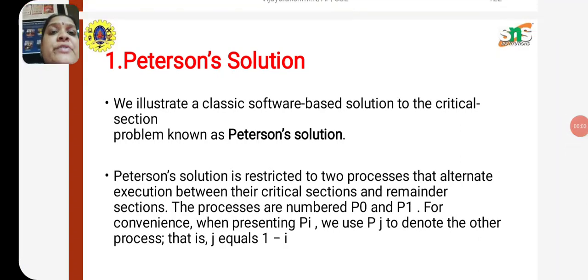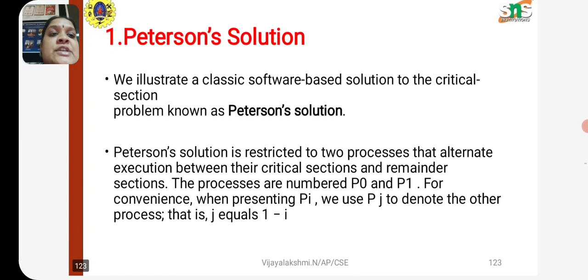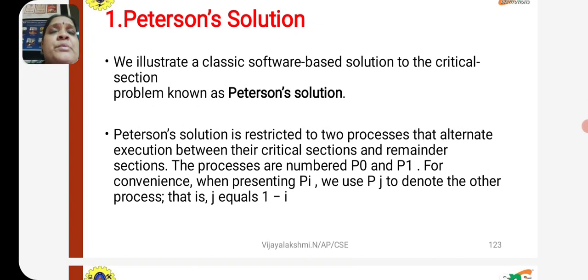In this lecture video, I am going to tell about the continuation of the critical section problem, that is Peterson solution. We already know what is critical section. It is nothing but each process which has a segment of code which we name as critical section and which has three sections, that is entry, exit and remainder section, and we saw the general structure of the critical section as well. Now we are going to see about the Peterson solution,